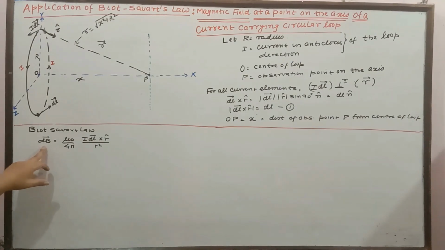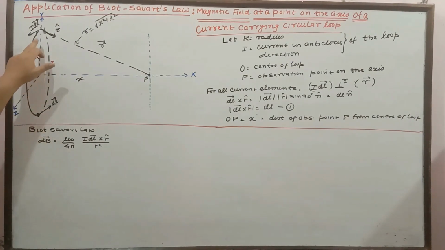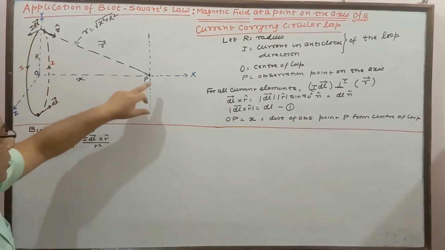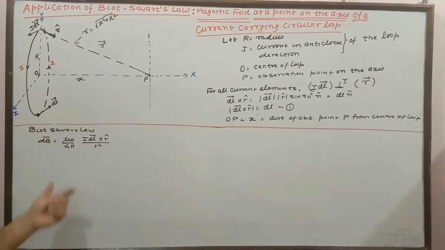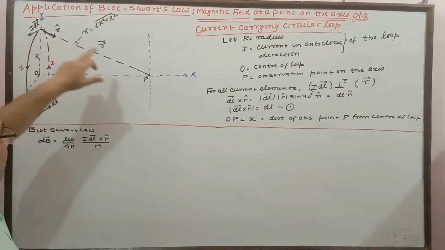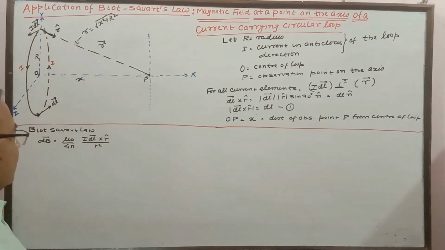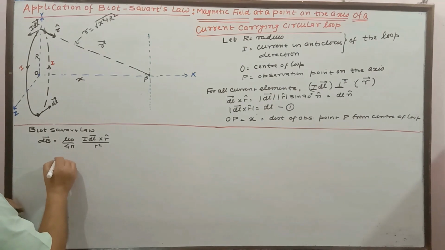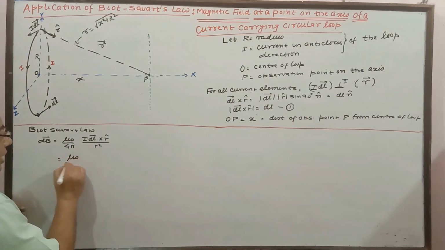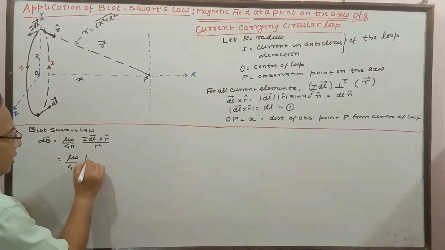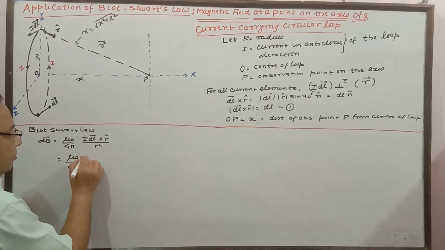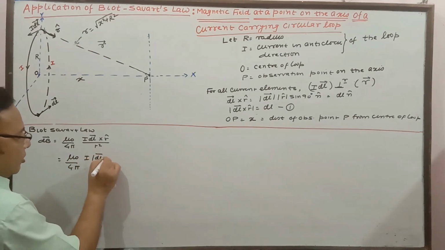As per Biot-Savart law, the magnetic field dB due to this current element I dl, which is coming out, at point P is given by mu naught by 4 pi, I dl cross r upon r squared, where r is the displacement vector of the observation point P. If we write the magnitude of this, we shall have mu naught by 4 pi, I dl cross r